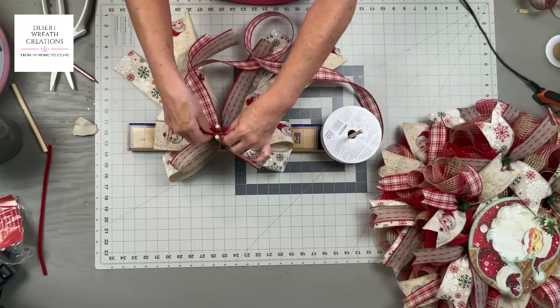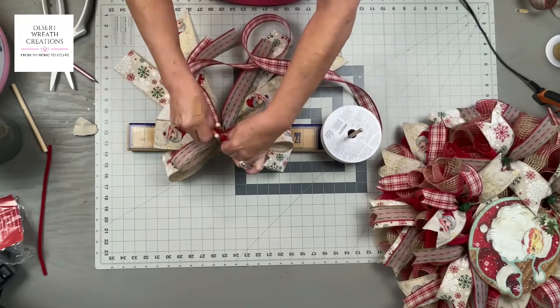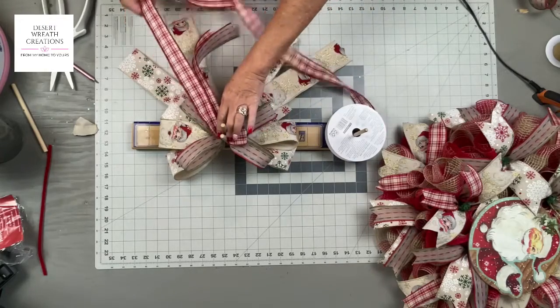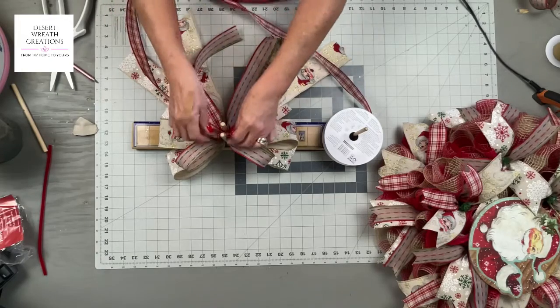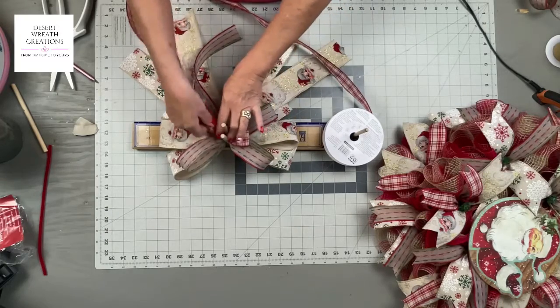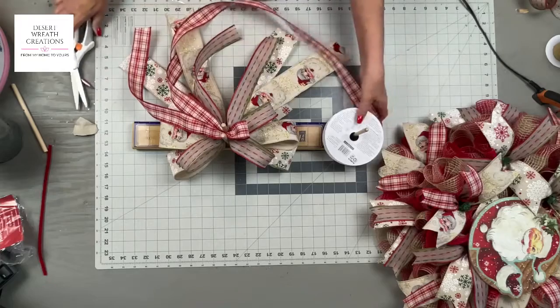But instead of just going right down in it, I'm going to twist it. And I'll show you why I twisted it here in just a minute. And if you'll notice though, when I did that and only did one loop, it put them both on the same side of the bow. I'm going to show you how to fix that. Okay, so we're going to come down here, cut that off,